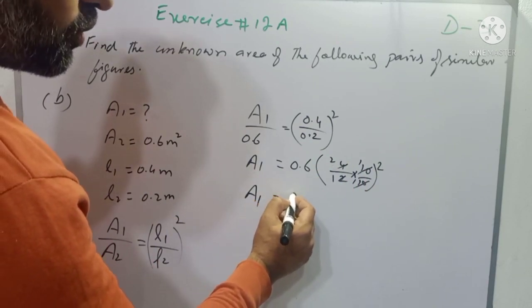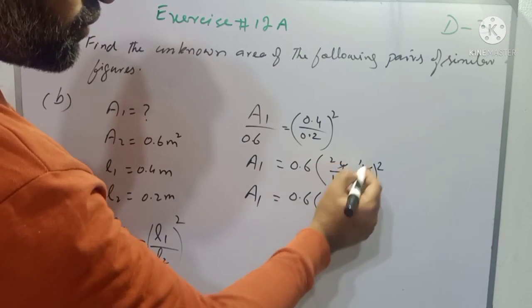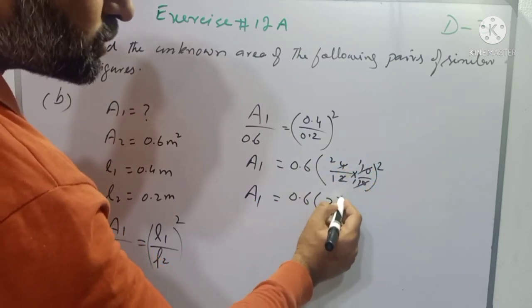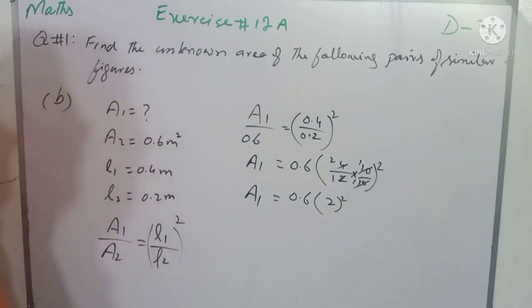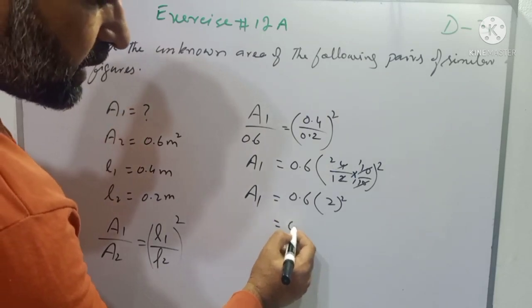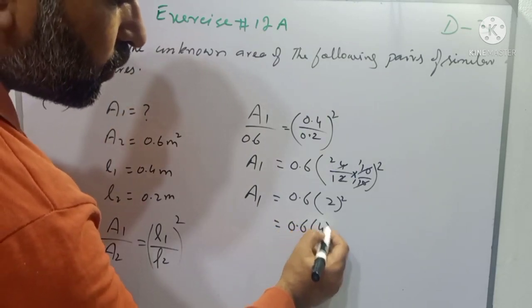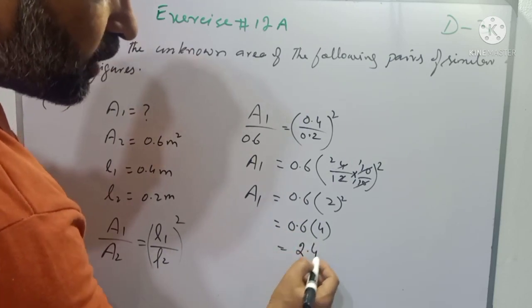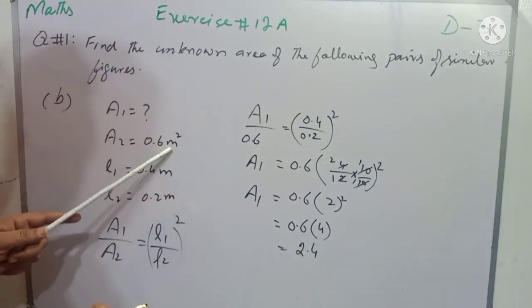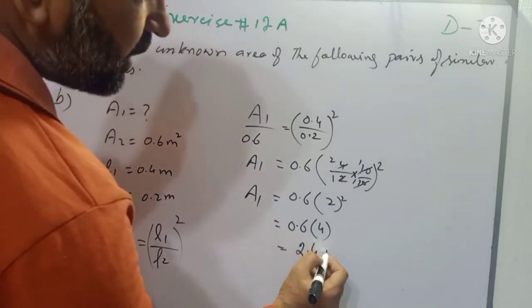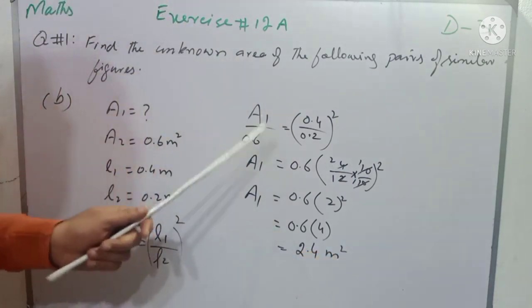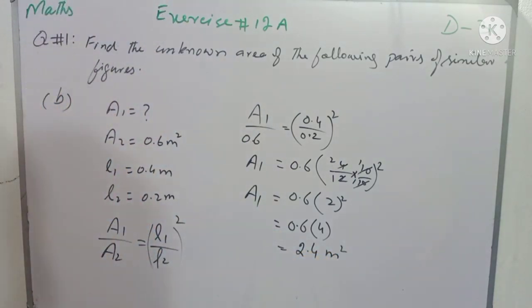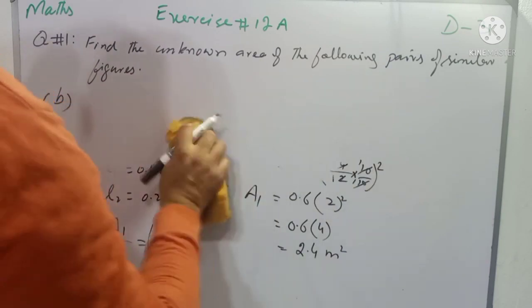So area of first figure that is equal to 0.6 into 2 1 that 2 over 1 2 square। अब बच्चों 2 square mean 4, तो इसको हम लिखेंगे 0.6 into 4, और जब हम 4 को 0.6 से मल्टीप्लाई करेंगे तो यह आएगा 2.4, और चूंकि एरिया का यूनिट यहाँ पर मीटर स्क्वायर है तो इसका एरिया भी मीटर स्क्वायर में आएगा। तो इट इज पार्ट बी ऑफ क्वेश्चन नंबर 1।